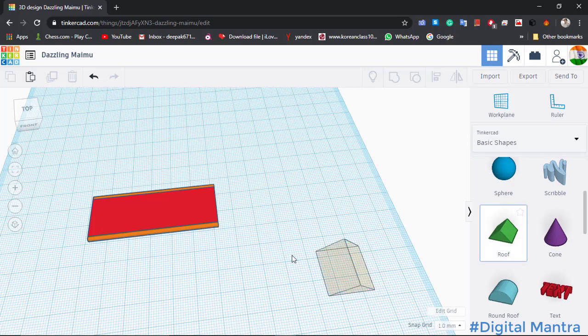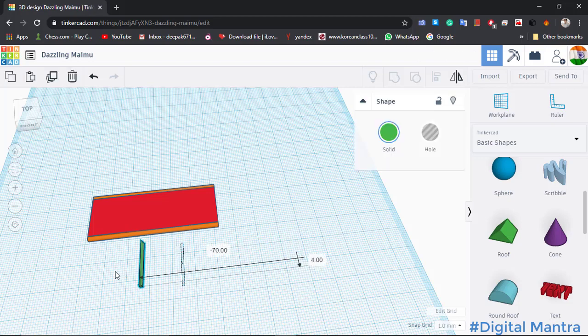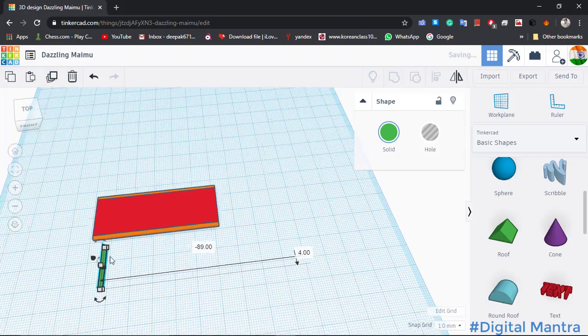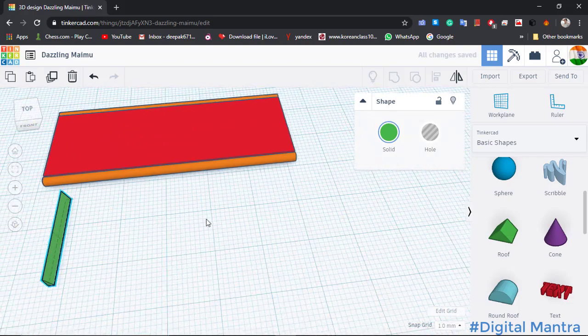So drag a roof, make the diameter 3 mm, and take this. The width is 1 mm, and its length is 20 mm. It is good. So we have this type of structure here. This will be our scale which will be showing when it completes 1 centimeter.